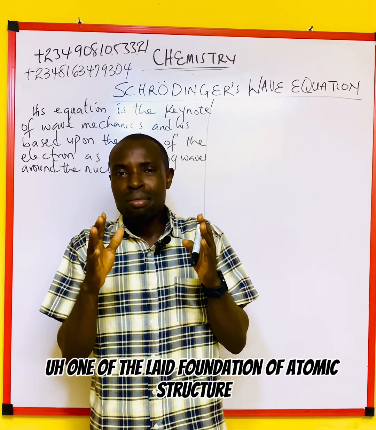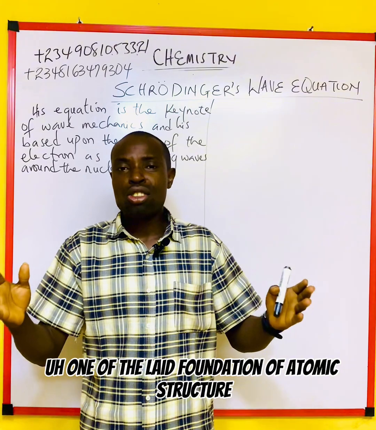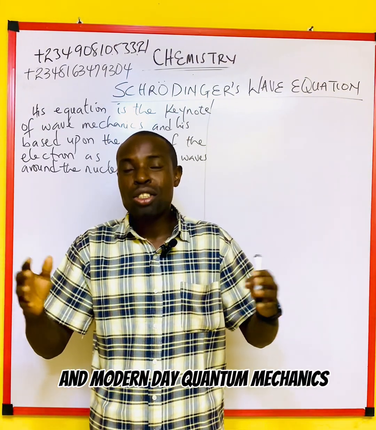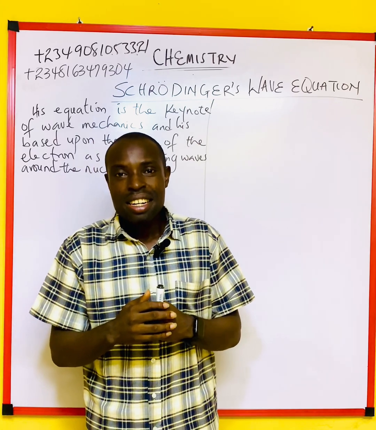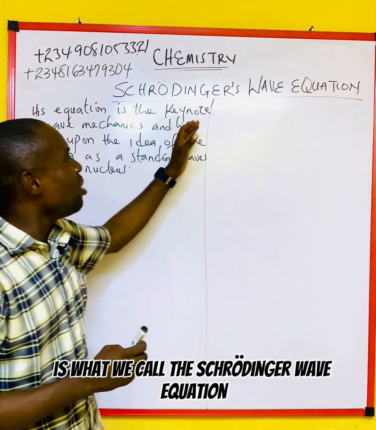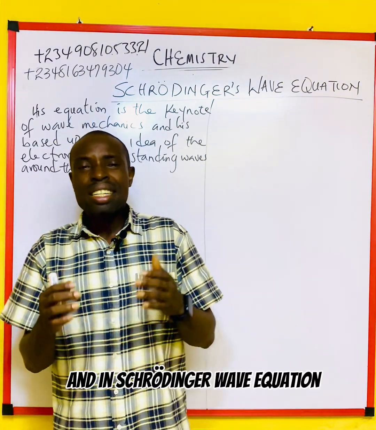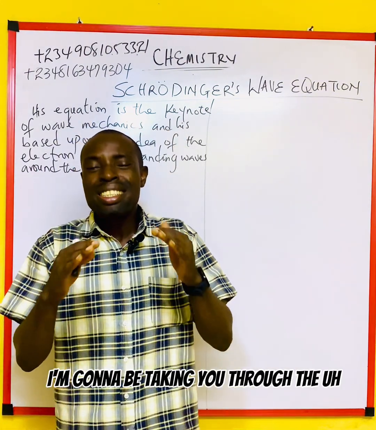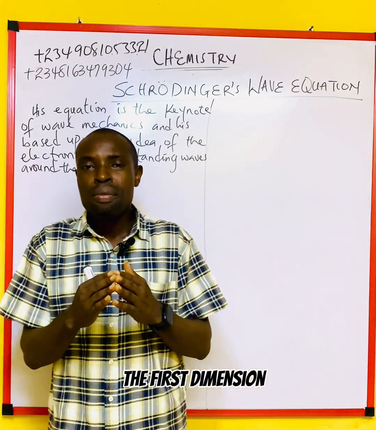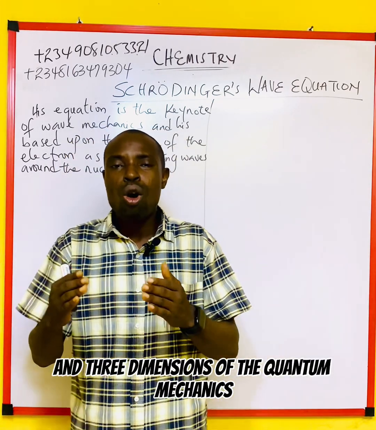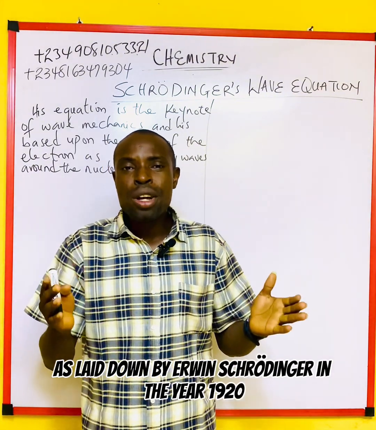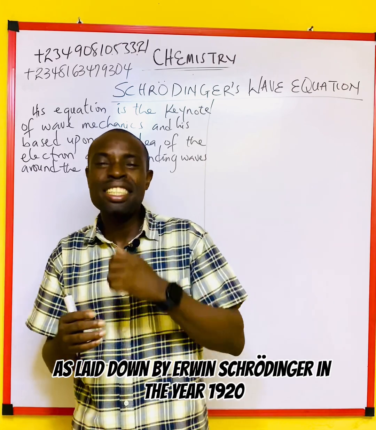In today's video I'm going to be walking you through one of the foundations of atomic structure and modern-day quantum mechanics. On the board is what we call the Schrödinger wave equation, and I'm going to be taking you through the first dimension and three dimensions of quantum mechanics as laid down by Erwin Schrödinger in the year